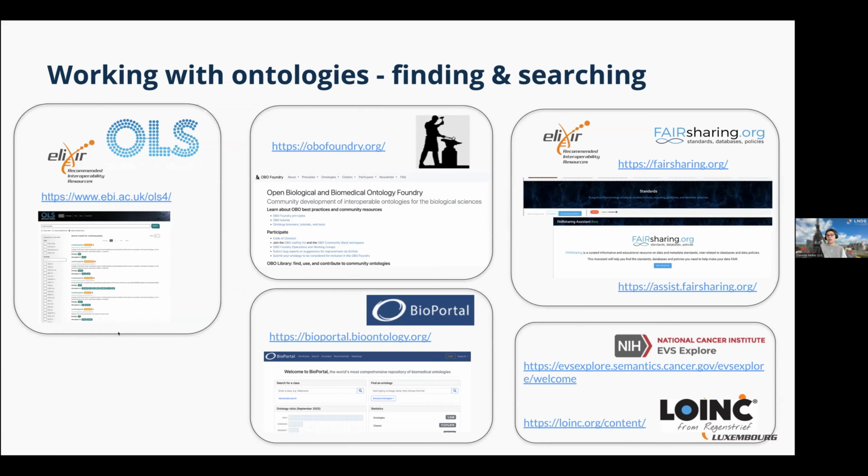On the American side, the equivalent to OLS is the BioPortal. I tend to prefer OLS, but there's not much to choose between them. And also being a US resource, BioPortal includes some ontologies that you can't get in OLS, such as MedDRA or LOINC, for licensing reasons. In BioPortal, you can also upload your own ontology. So OLS tends to only load curated ontologies, whereas in BioPortal, anybody can go and chuck their ontology into it, and then it's discoverable. For finding ontologies rather than browsing them, you've got the OBO Foundry of open biomedical ontologies.